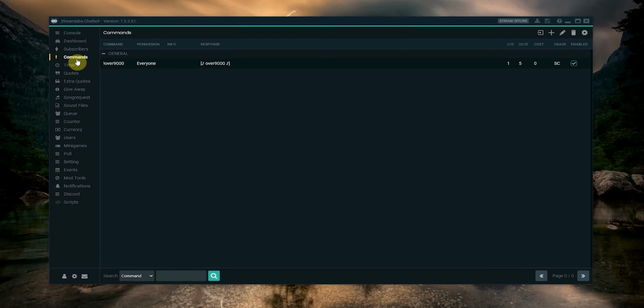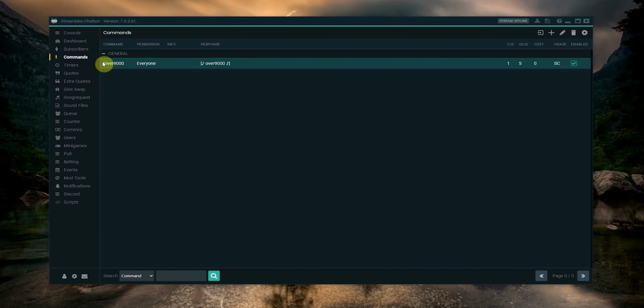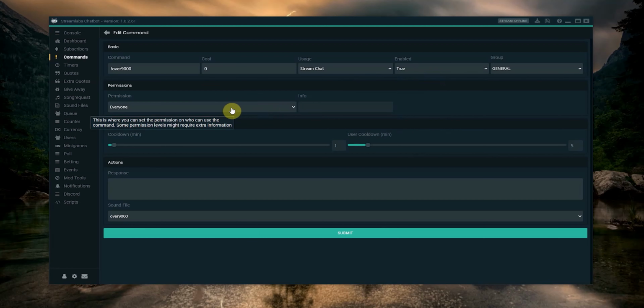And since I clicked generate command automatically, it just does the name and then with an exclamation point. You can right click it and click edit. Permission is same to everyone, just like we set up before. Cost is 0, it's stream chat, it's enabled, general. There's the command. If you did want to change it to something else, you can just highlight this and change